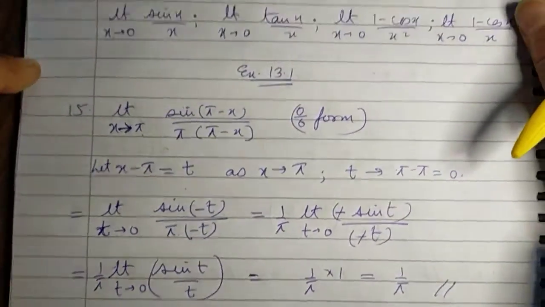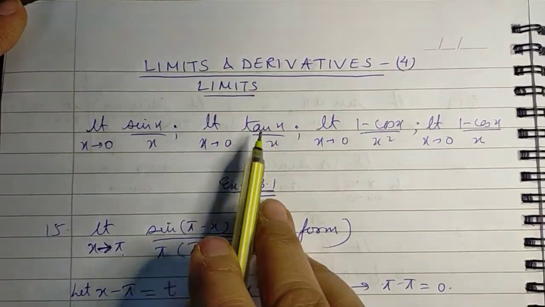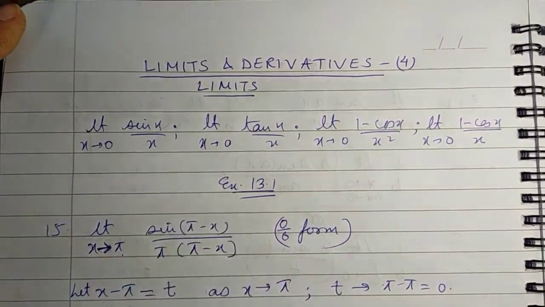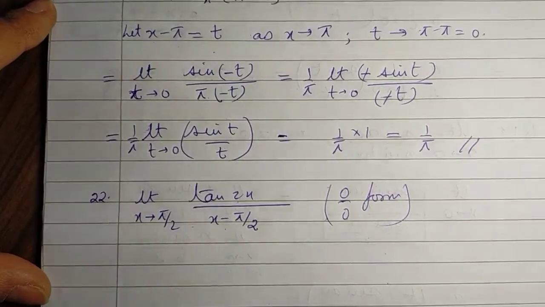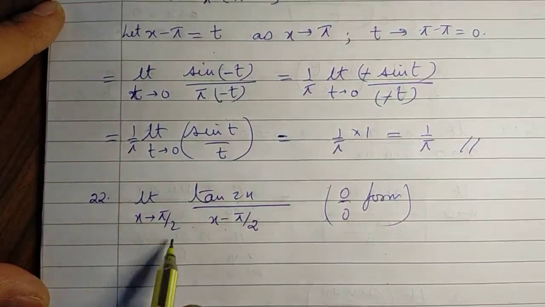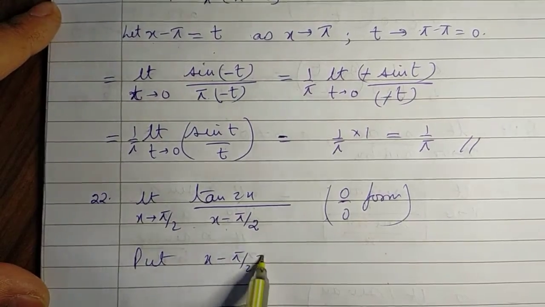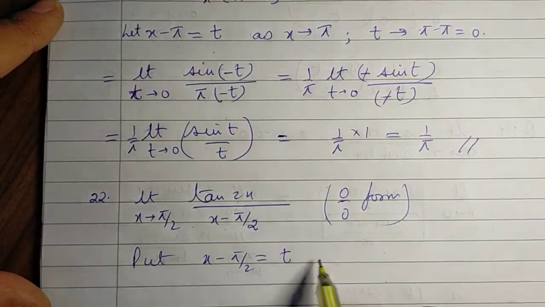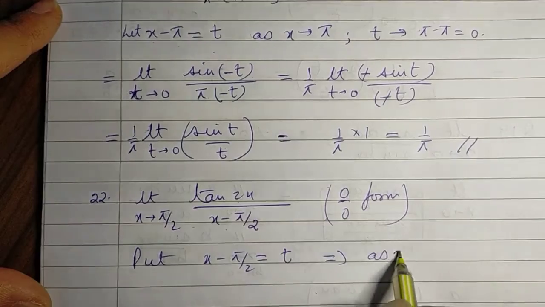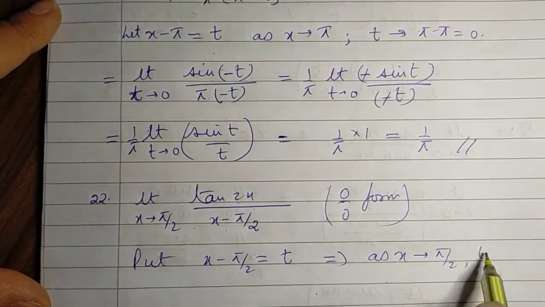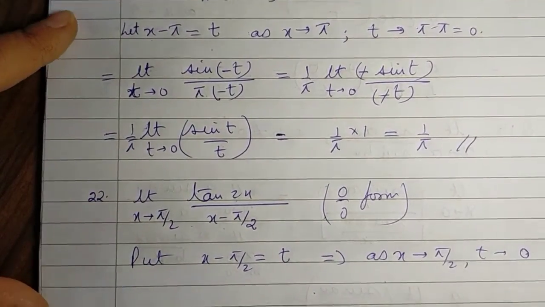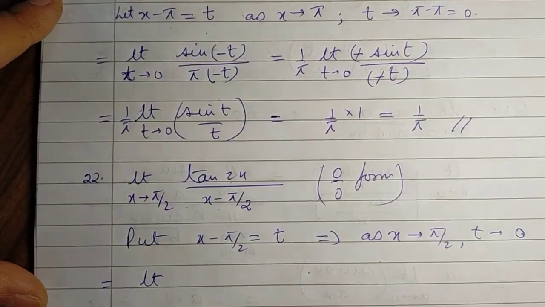But still it is not in the form tan x over x, limit x tending to 0. So let us now try to convert it to that known form. Again here put x minus pi by 2 as t, so that as x approaches pi by 2, t approaches 0, and this limit gets converted to